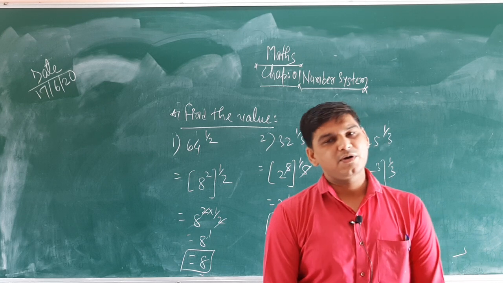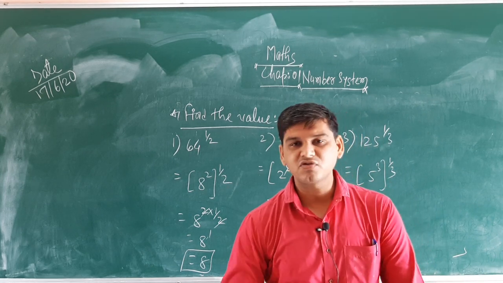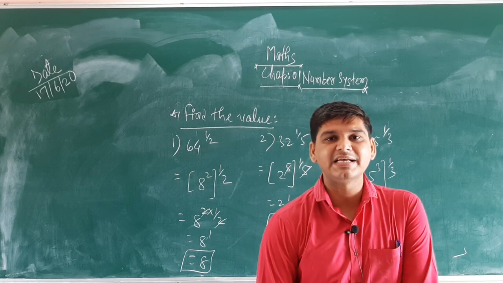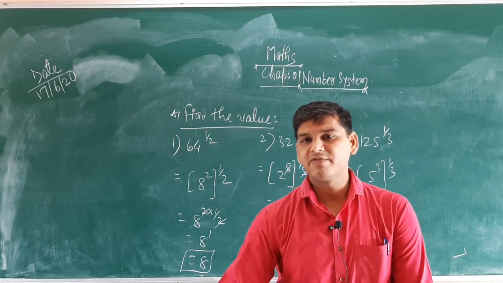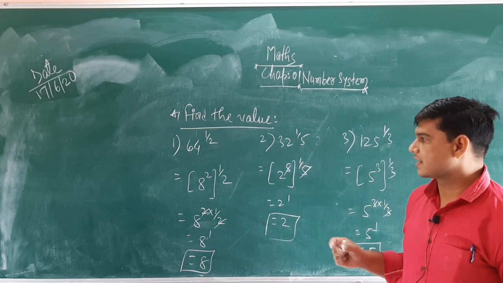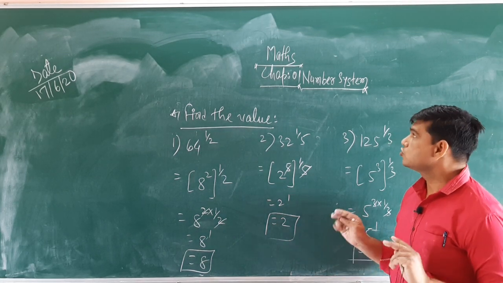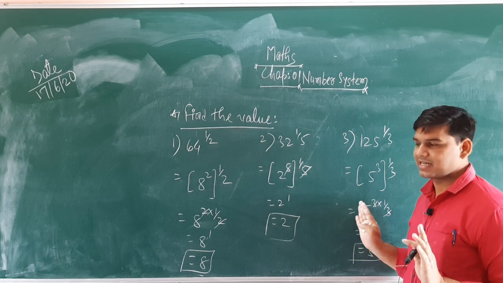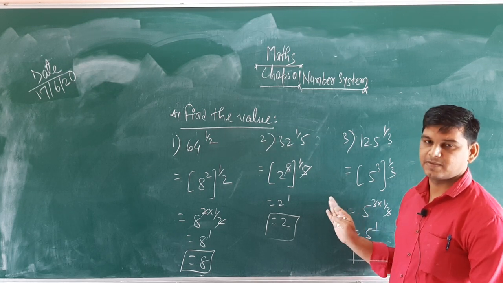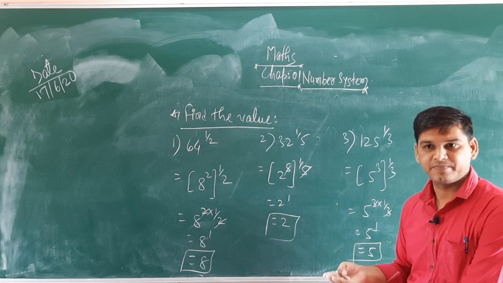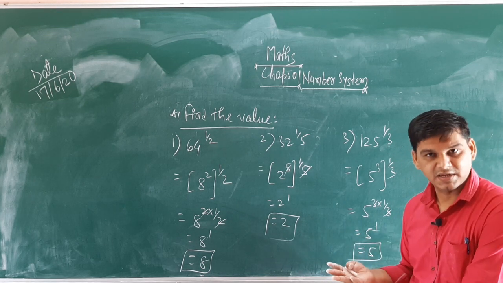So it is a very easy chapter, this number system. We just have to make sure which numbers are rational, which numbers are irrational, how we can find them in the form of a denominator, how they can be represented on the number line, and how we can find the values. In the first chapter of number system, this is the last topic we are discussing. Find the values, simplify, rationalize the denominator, as well as find the irrational numbers between the numbers.